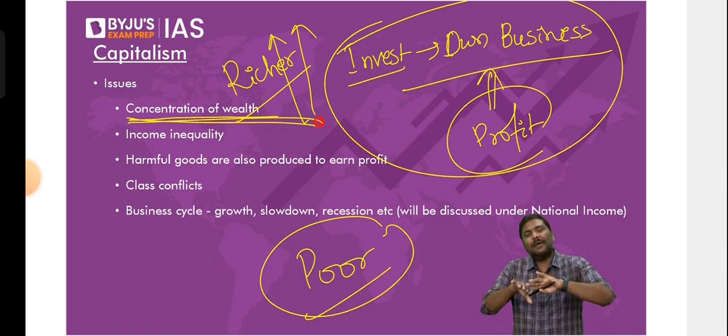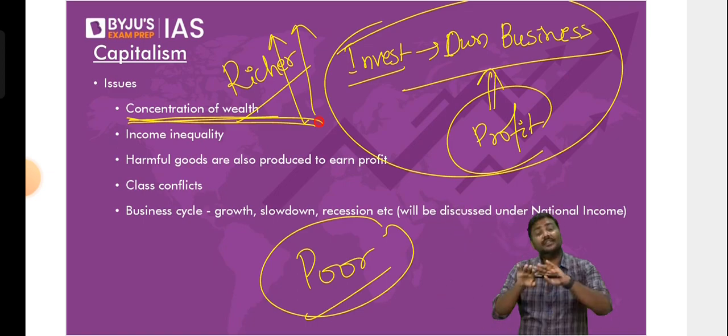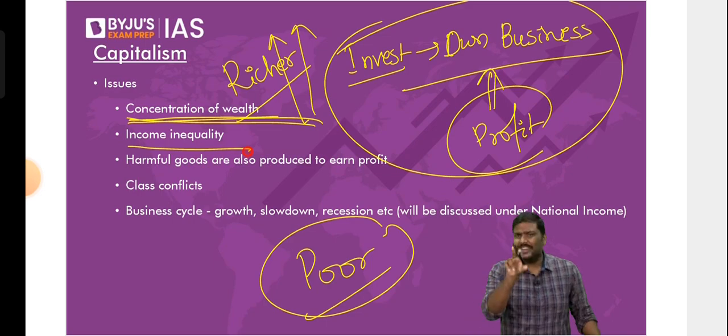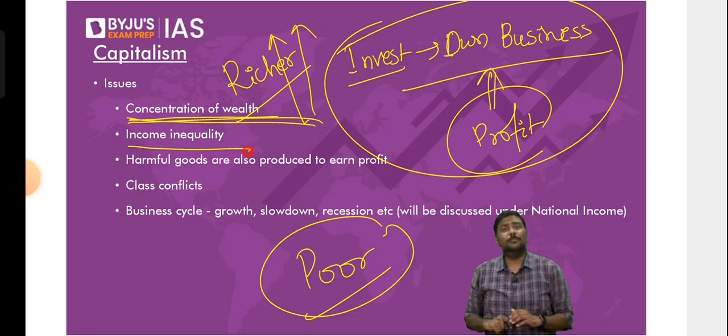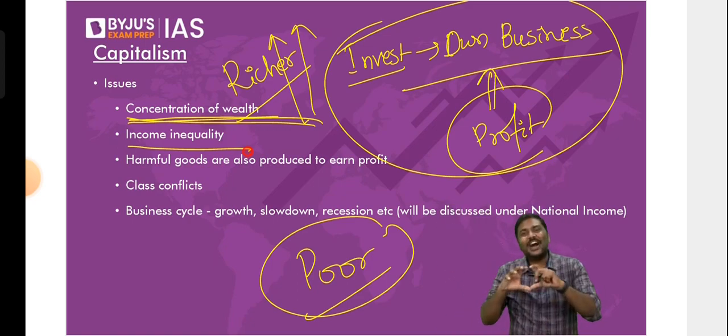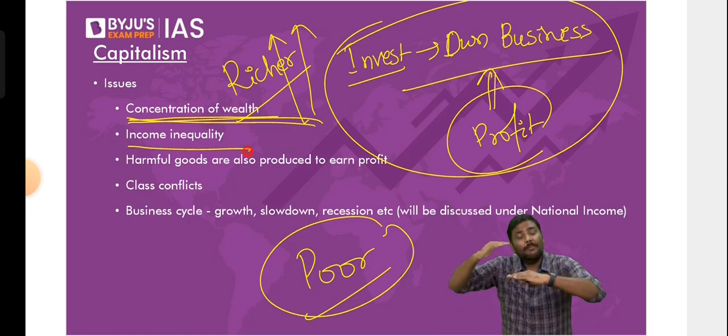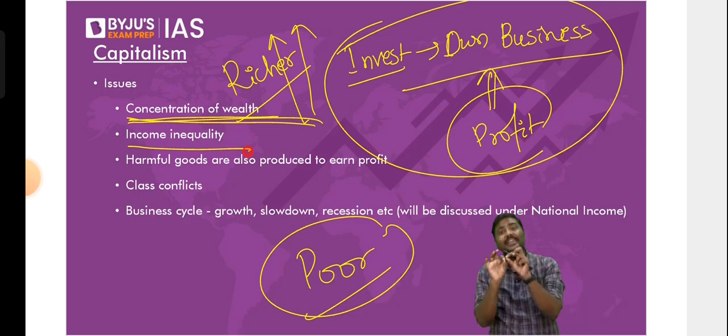So the fact is simple. Because people own a lot of money, they'll continue to become richer. Other people will continue to remain poor. That is concentration of wealth. Second one is income inequality. Do you think in the case of a country such as USA or India, everybody earns an equal amount of revenue? I earn X rupees. You might earn Y rupees. Mr. Ambani earns double X or double Y rupees. So the argument is simple. In the case of capitalism, different people will keep on earning different amounts of money. So income inequality will also exist.